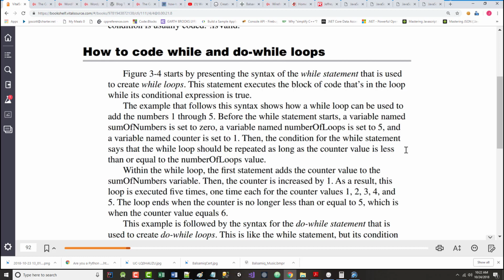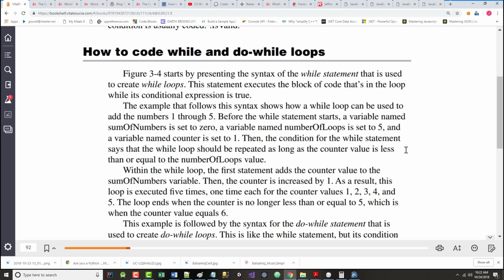These two are called pretests because you make the test before you go into the body of the loop. That's called a post-test. Anything that you do with a while loop, anything you do with a for loop, you can always do with one of these other two. But what you can do with these two